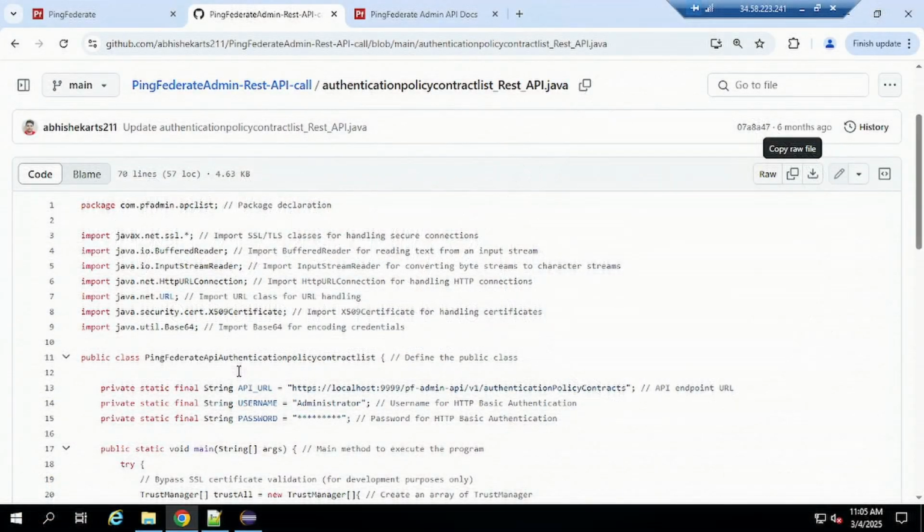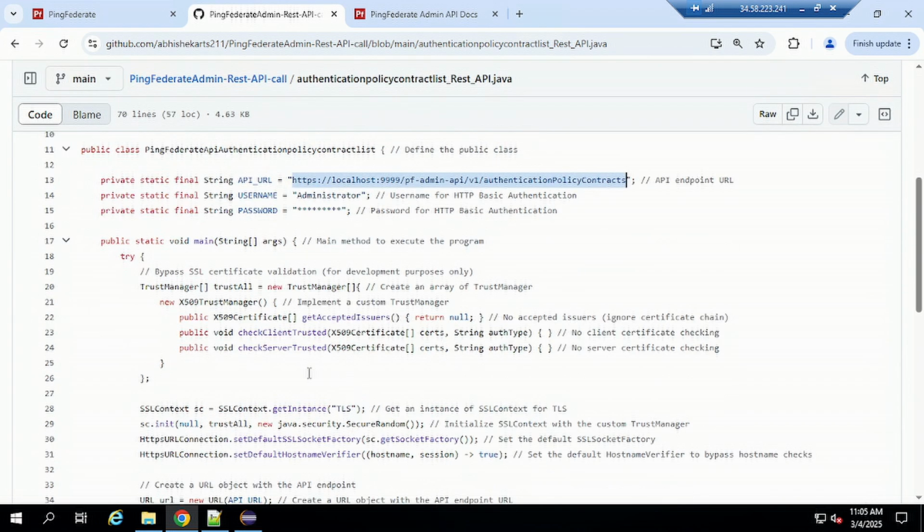Is one more GET call we can take. We're trying to see how to retrieve the authentication policy contract list, that is APC, using the PF admin REST API. So the code will again be the same, we just need to update the API URL. This is the URL for the APC authentication policy contract list, and same thing, bypass SSL certificate